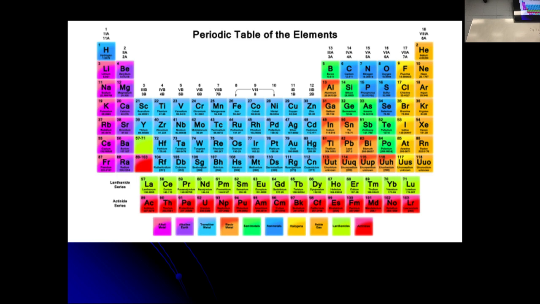What do we know about things that are in a group up and down like this, a vertical group? What do we call that? Properties. Yes, they do have properties. What do we call it, though? Column? It is a column, but what do we call the column? A group. We can call it a group. What's another name for that? A family, right? So we say the oxygen family, the carbon family, whatever, right?